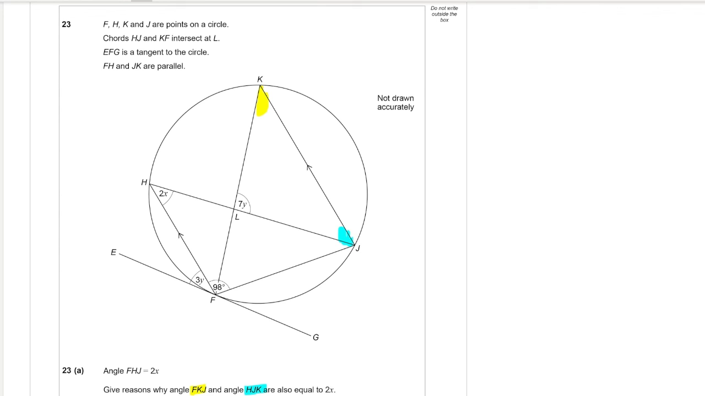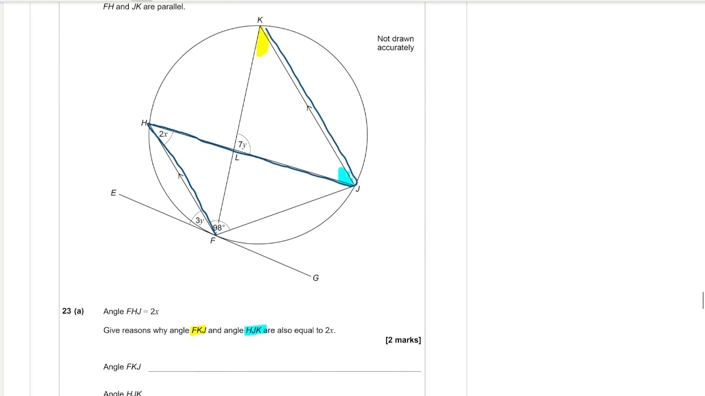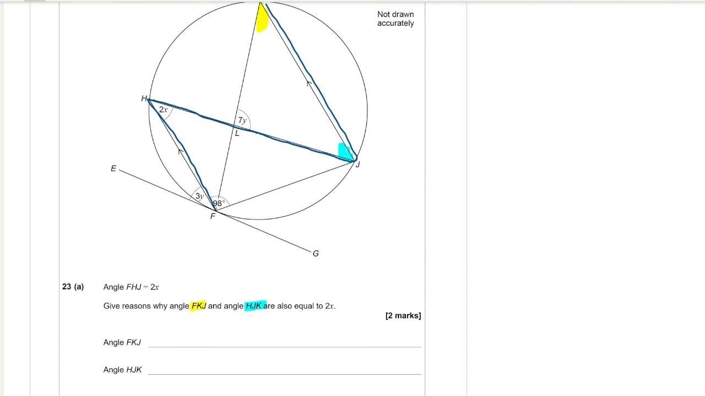Okay, well I can do that fairly straightforward because this here is a Z, because these two lines are parallel, which means that this blue angle is the same as 2x, and that rule is called alternate angles. So the blue one is alternate angles are equal,